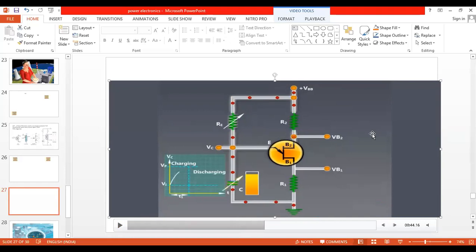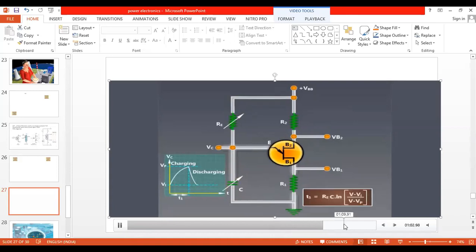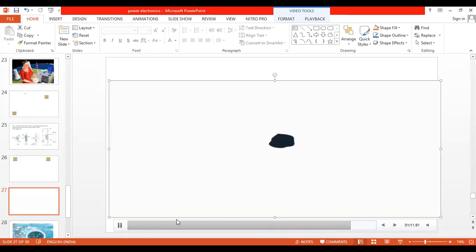So here, what is the statement? When the supply is turned on, current enters the resistor RE, and then capacitor starts to charge. When capacitor is completely charged, capacitor starts to discharge. Discharging current enters the UJT. So capacitor charging, you can see now capacitor is discharging, UJT is on. So this is a continuous process here. So entire charging and discharging of capacitor generates the triangular waveform, which is again converted to square waveform using clippers and clampers.